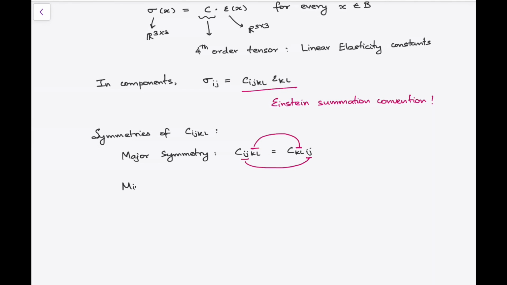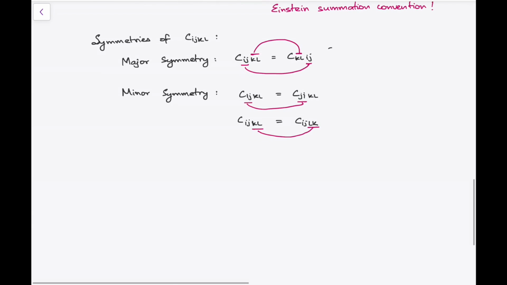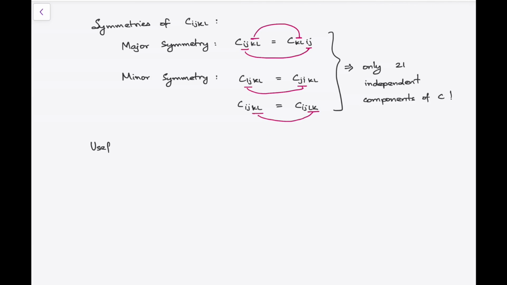There are also a set of what are called minor symmetries. These are obtained by interchanging either the first two indices or the second two indices. So you can either interchange ij to ji or kl to lk, and you will end up with the same value of the elasticity tensor. Now when you put this together, you will notice that instead of 81, you just have 21 independent components of